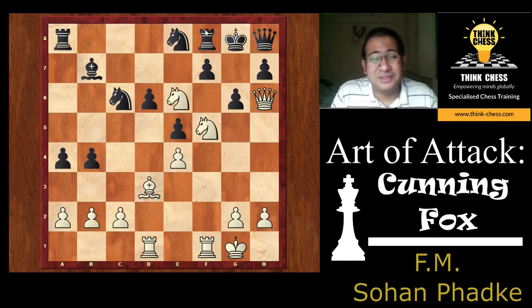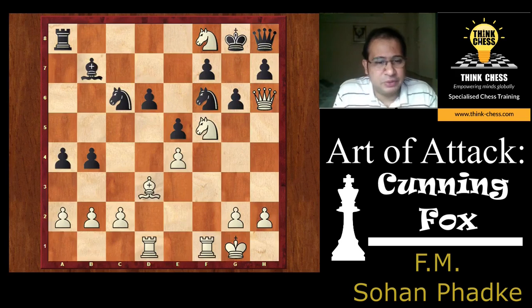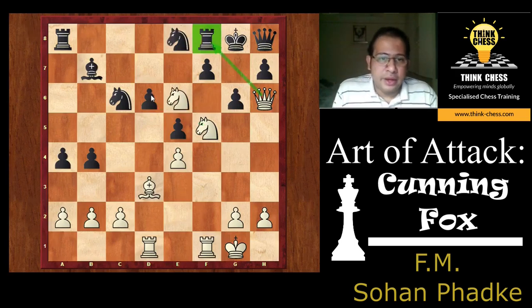Knight e6, beautiful move, simple threat. Queen takes f8, mate. Okay? This is a very simple threat. And if black plays knight f6, I think we should be happy to play knight f8. I think we are up an exchange and in an easily winning position. Next one is knight d6, game over. So the main thing is to play